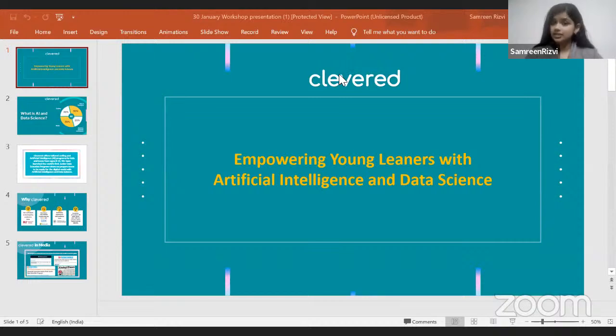Now, before he gives his introduction and helps us understand a concept, the face mask detector, let's just quickly talk about Clever, the organization with which we have all gathered. It's our family, Clever. Clever is empowering young learners with artificial intelligence and data science. Today, all the students of Clever are joined together. Some of them are in the higher levels or lower levels or have just started the journey with us, and we all welcome you. Now, what are we learning in Clever?